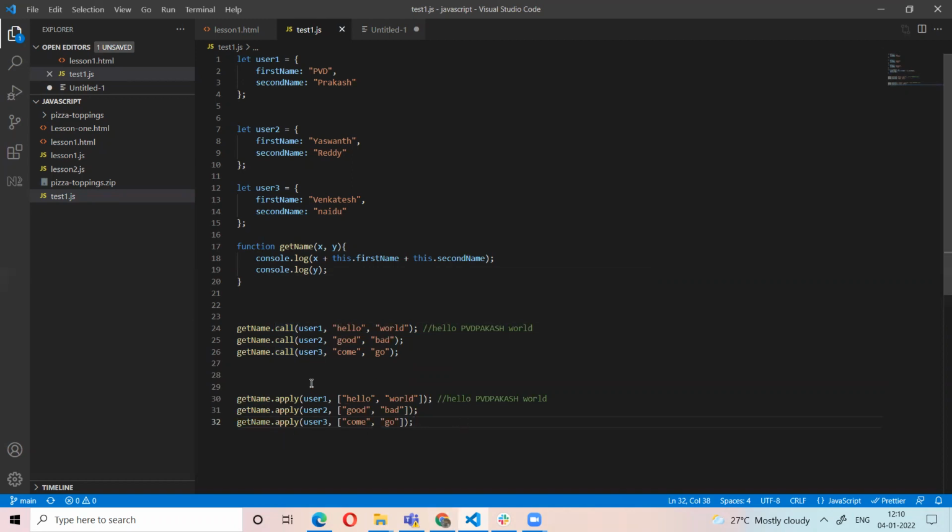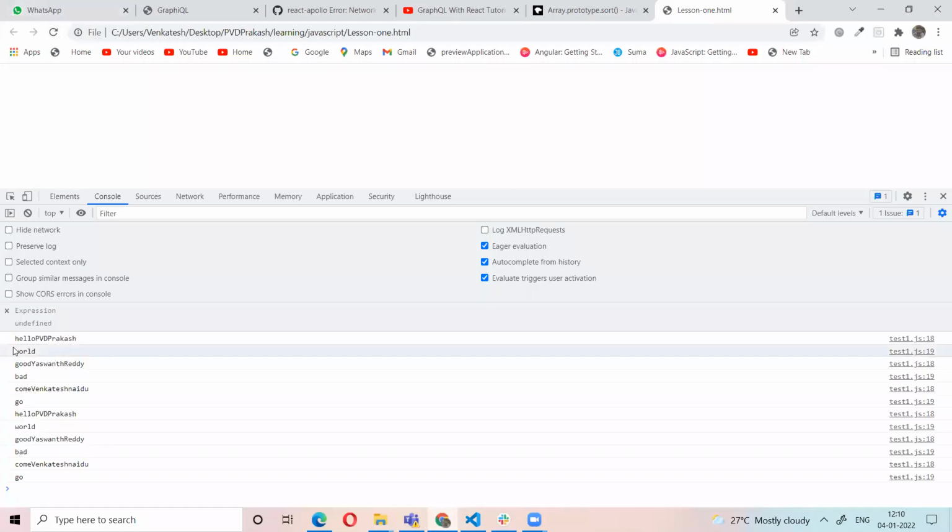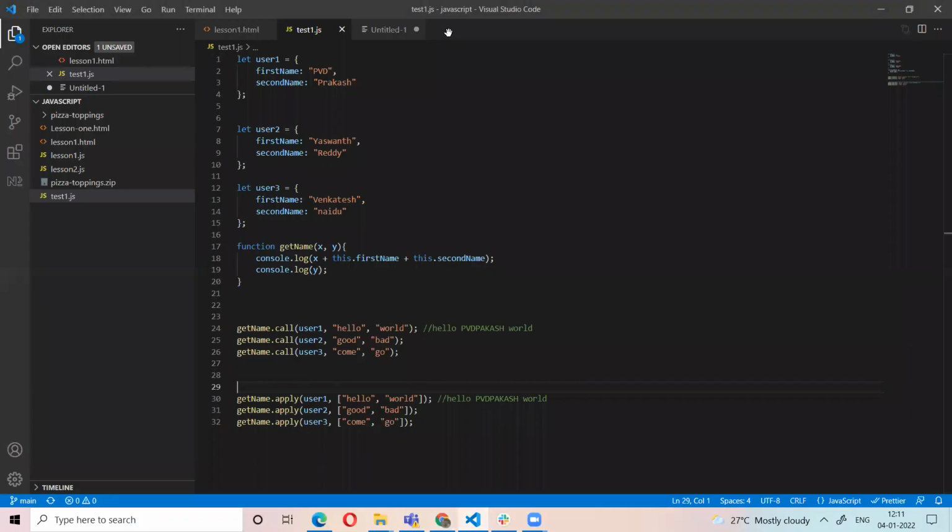The output is the same up to this point, so there is no difference in output. Only passing the arguments is the difference.